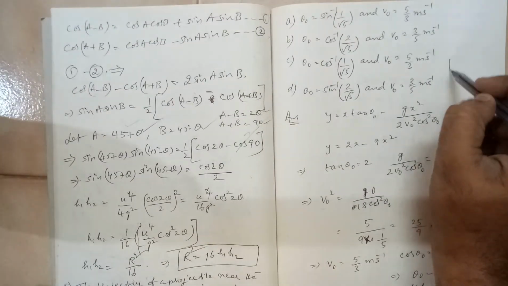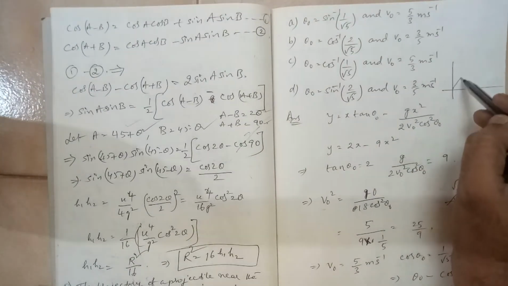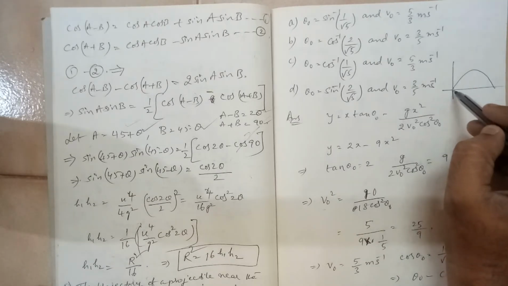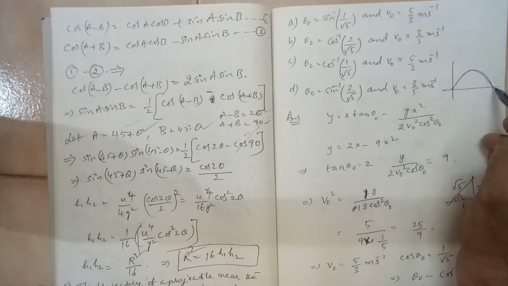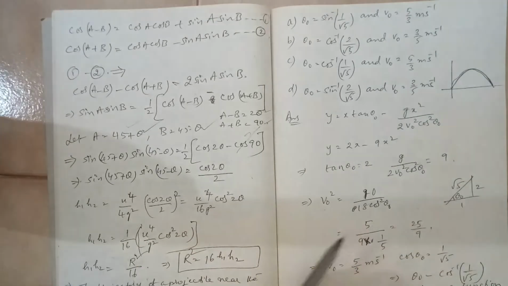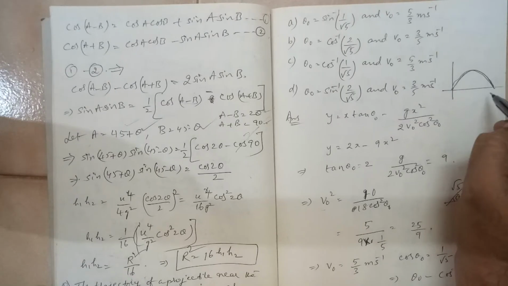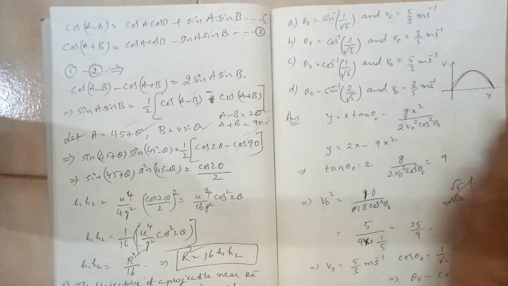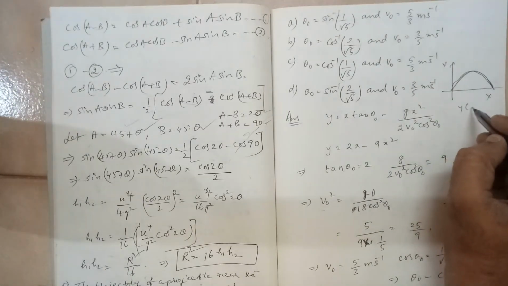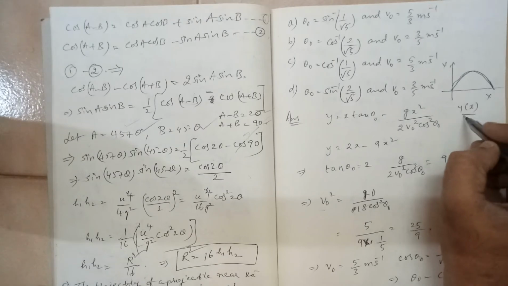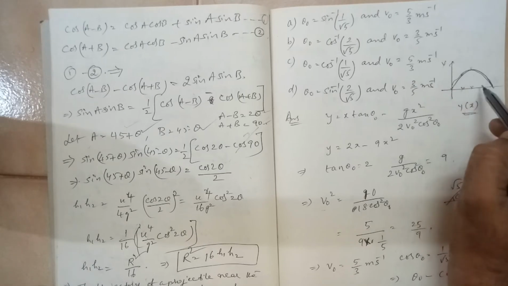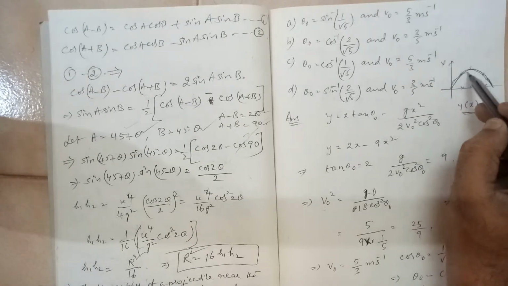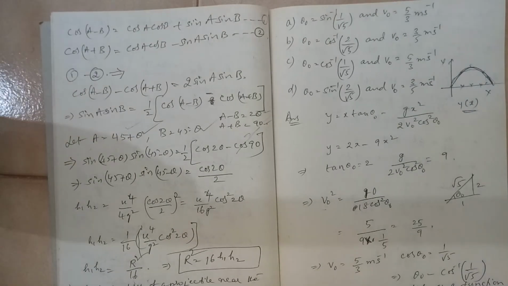What is trajectory? If there is a projectile motion, a particle is projected, the path that is taken is called trajectory. So let us say this is the x-axis, this is the y-axis. So y is a function of x. At every x you should be able to find out what is the y. That is called trajectory. You should be able to look at the position of the particle.